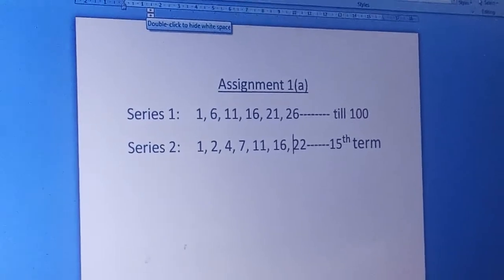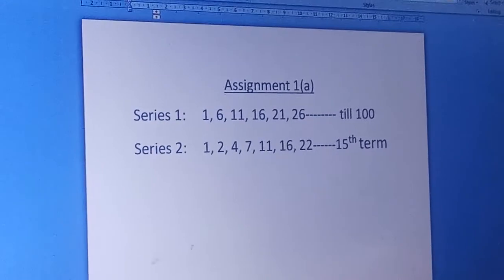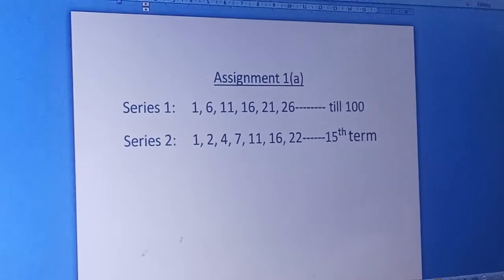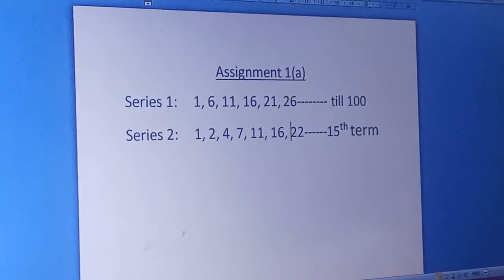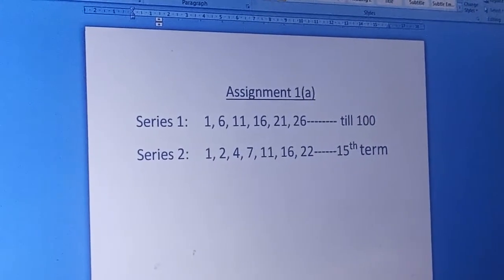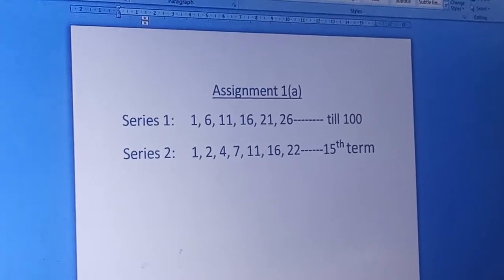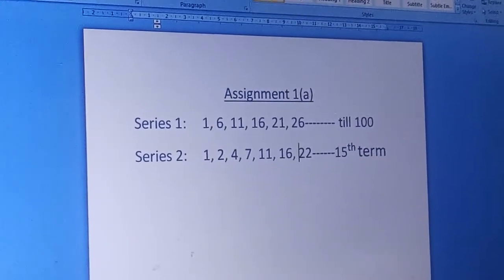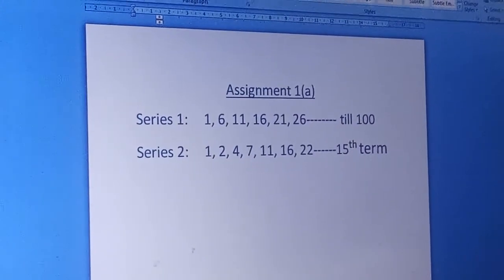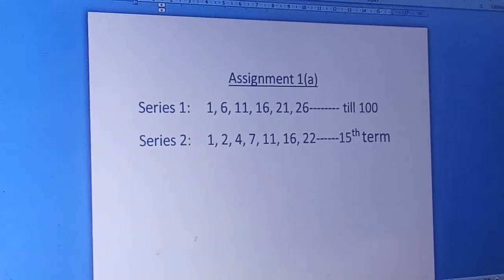Is it clear? Now the for loop is something very useful. You understood that if I want to execute certain statements again and again, I can make use of for loop. I can print series with for loop. Now I'll give you one more example. When you go to an ATM machine, if you go inside, it will ask you to insert your card, and it keeps on messaging the same thing, insert your card. So when I insert my card, it asks for my password and all, and once my transaction is over, it will again go back to the statement insert the card.